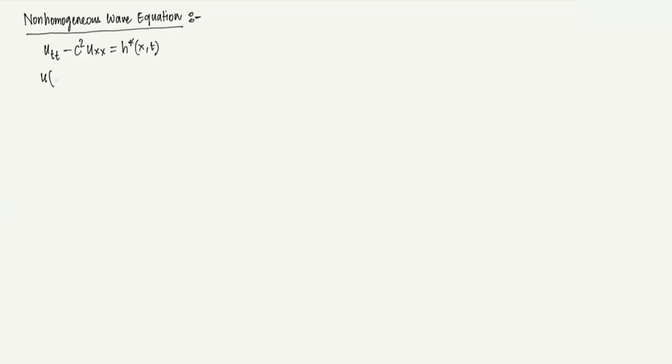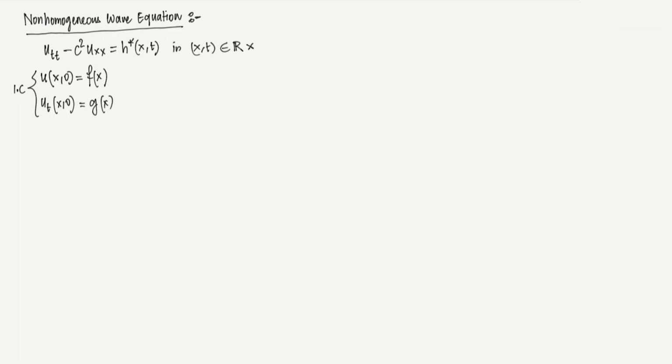First of all, the initial conditions are u at the point (x, 0) equals f of x, and ut at the point (x, 0) is g of x. Those two are initial conditions. You remember in the last video we talked about the D'Alembert formula, and we just used these two conditions. We did not use any boundary condition because the problem was posed in the whole of R. So here also we are just assuming that the problem is posed in